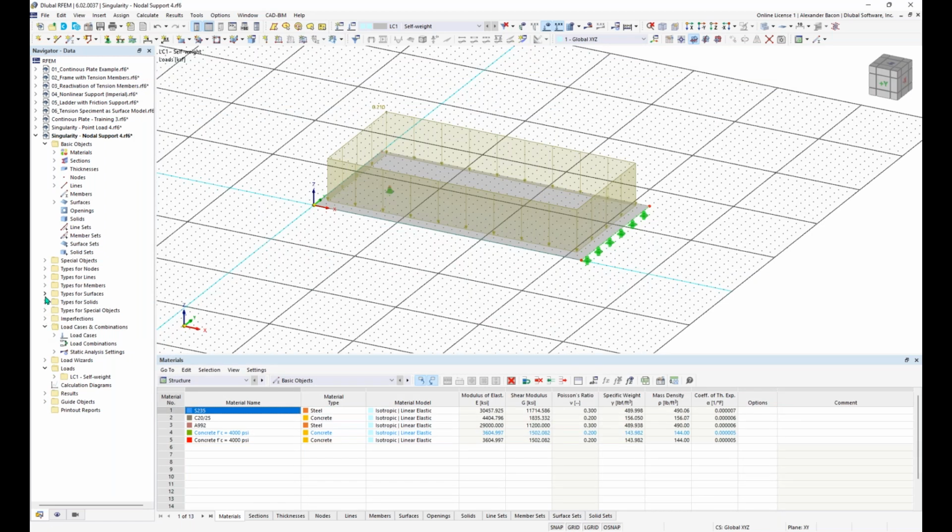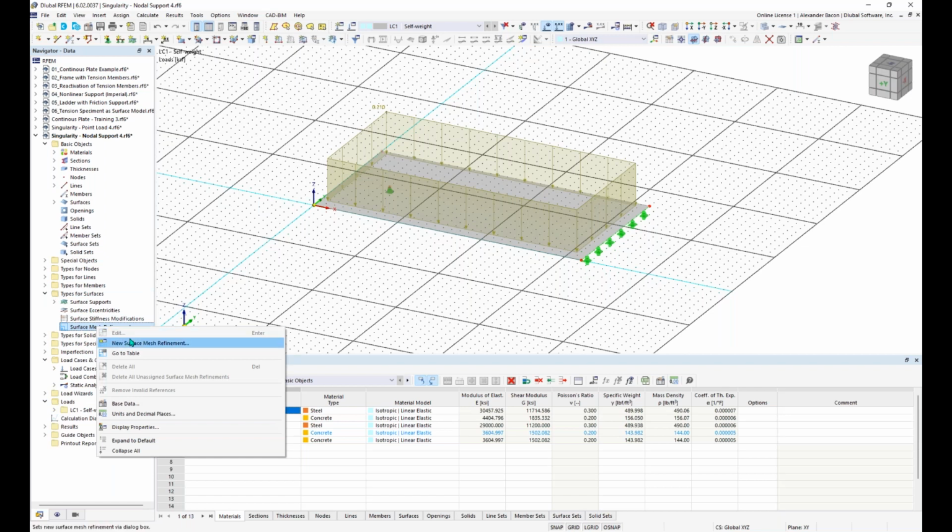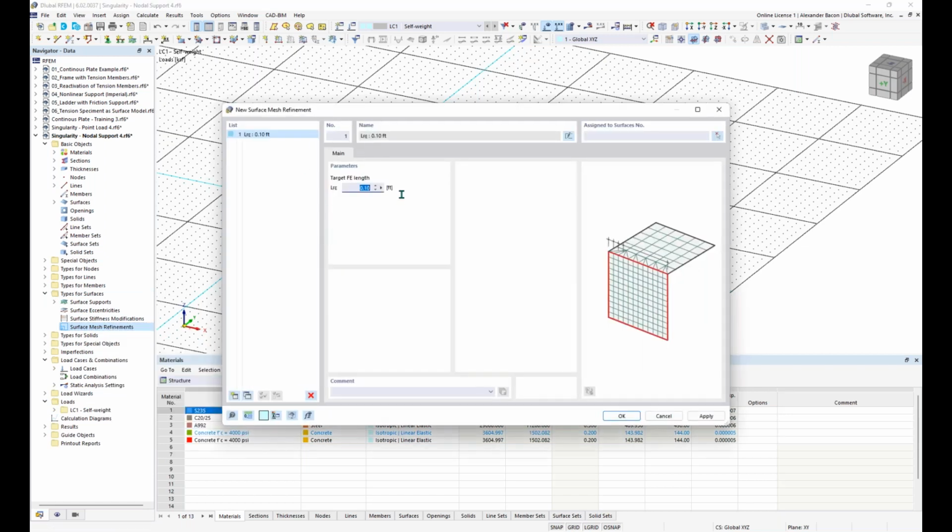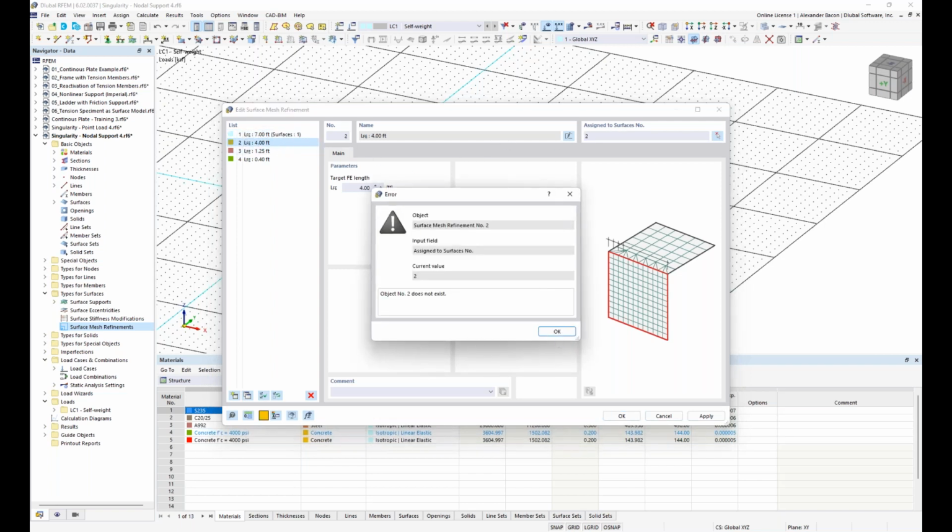And we also, again, want to create some surface mesh refinements just to see the difference. So we'll create a new surface mesh refinement. And this first one again is going to be 7 feet, and then 4 feet, and then 1.25 feet, and then 0.4 feet. And then we can add and assign our surfaces. So 1, 2,